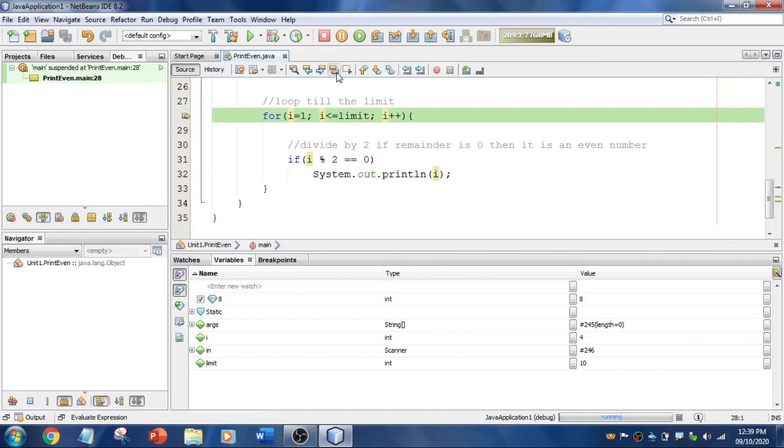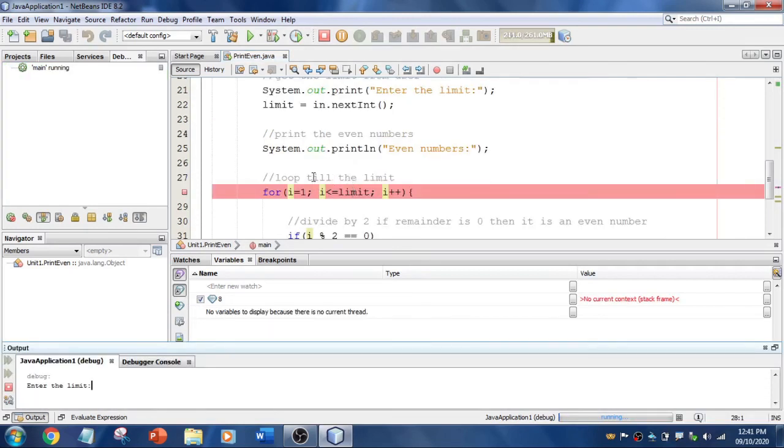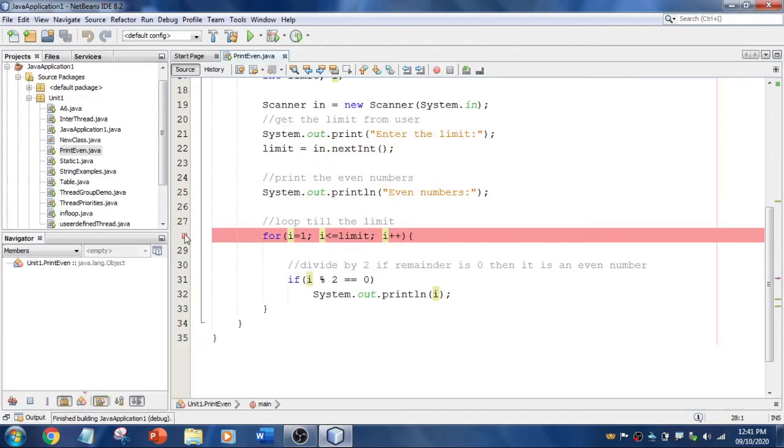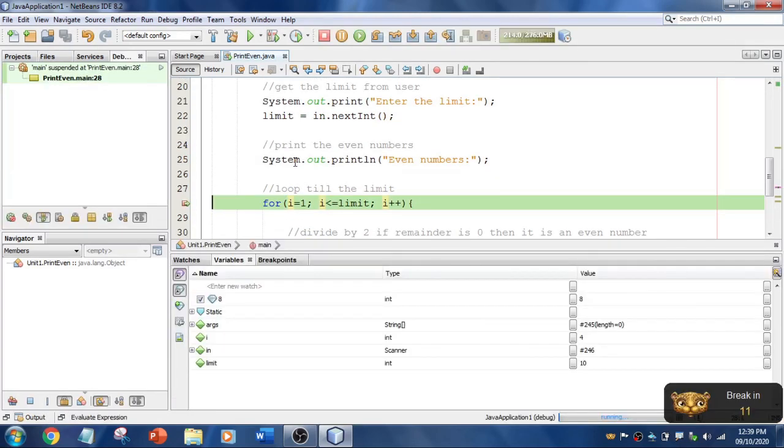So this is how you can set a breakpoint and view the flow of execution. To come out of this debugging option, you just click here so that it will stop everything. It will come back to the normal position, and you can remove the debugger if you want. Then you can do the actual execution. Hope you understood how to set breakpoints, how to debug a program and how to view the execution flow.